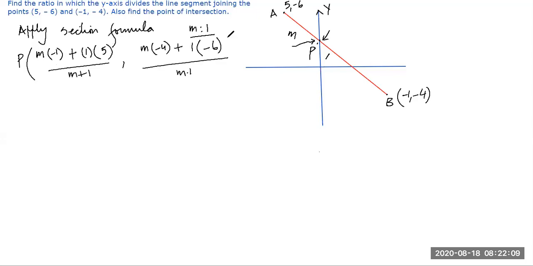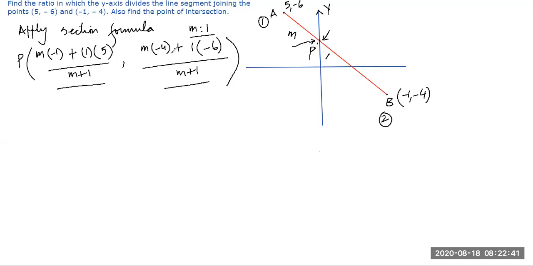Now students, some students might wonder whether we will take this point as 1 or this point as 2, or vice versa. You can take it any way, the result will be the same. It doesn't matter whether you take this one as 1 and this one as 2, because ultimately it is the difference of abscissas squared, as in the distance formula. Now this is the abscissa of point P and this is the ordinate of point P.